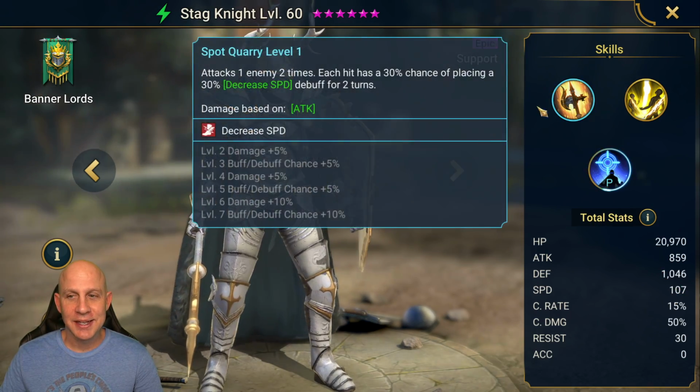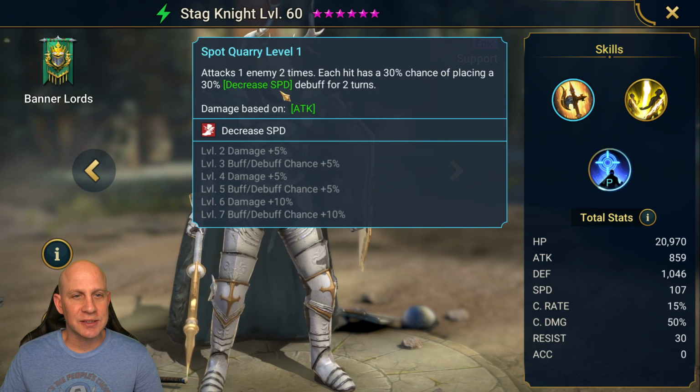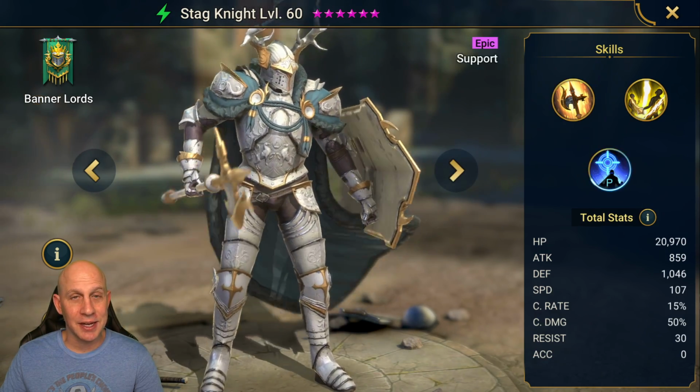107 speed, very good. Attacks one enemy 2 times. Each attack has a 50% chance to apply the 30% decreased speed debuff for 2 turns. So this guy already, with a slow speed, is great for spiders, great for anything else in-game because this skill